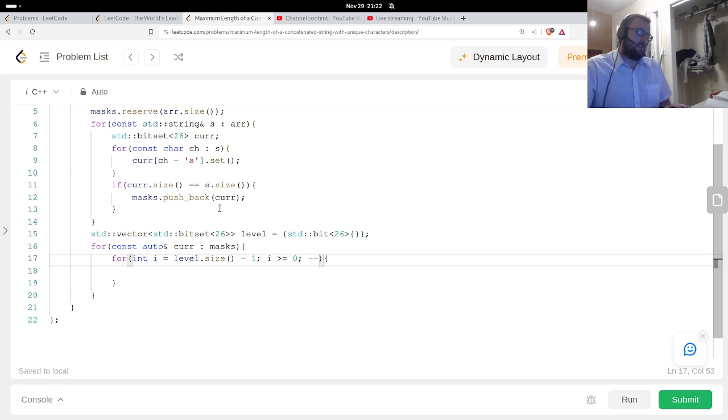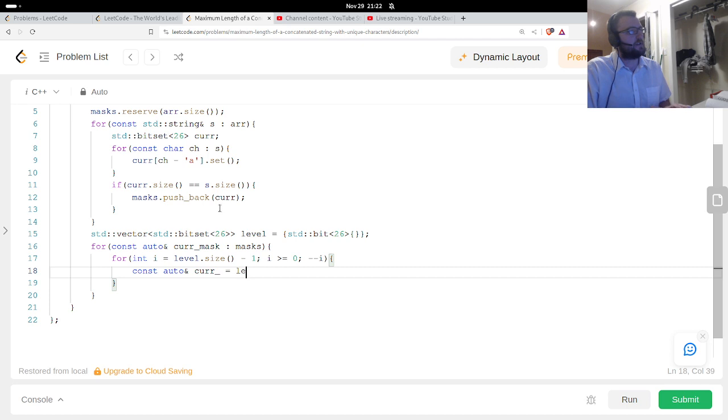Like he did it. Let's do current mask and just current. I don't know what I would call this. Current bit set, current possibility or something.